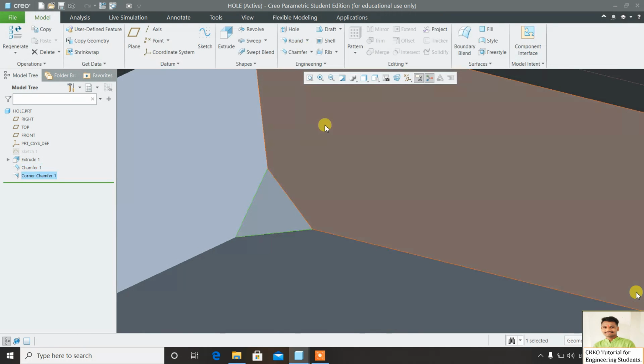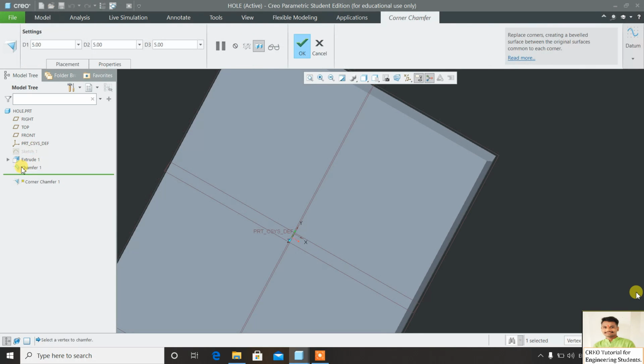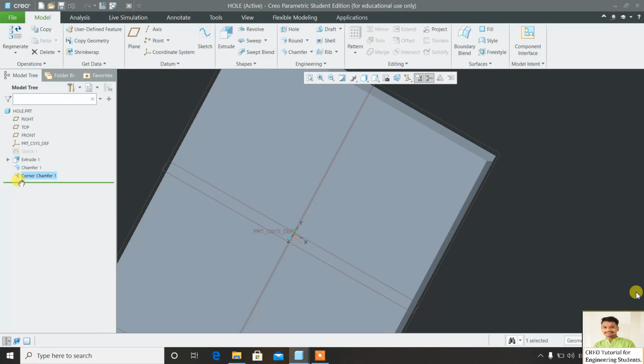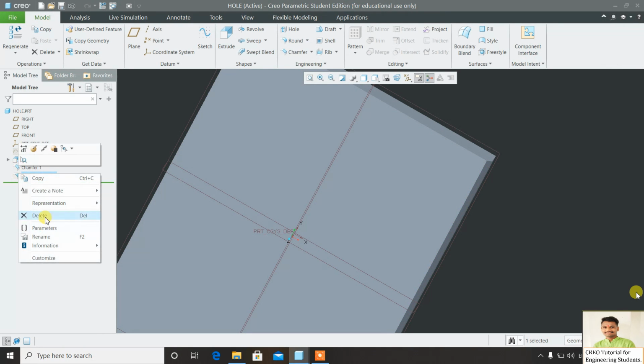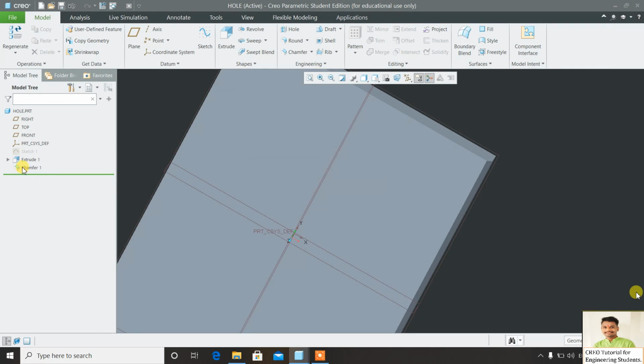Okay, so students, our next command that we are going to learn is the hole command. That means how to create a hole. First of all I will delete our previous commands and make a rectangular plate.